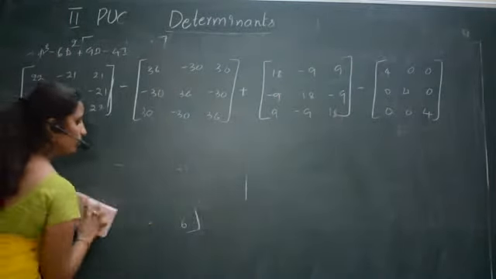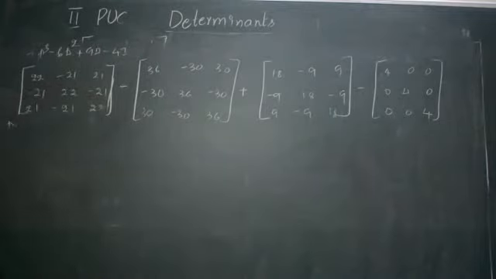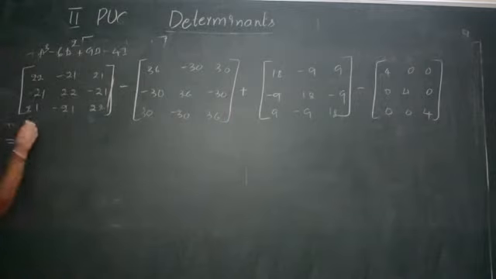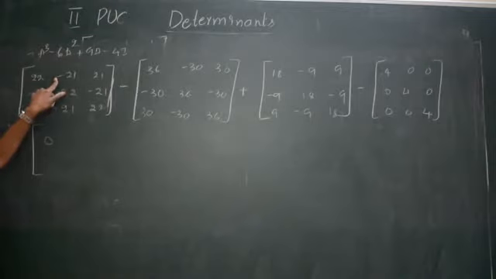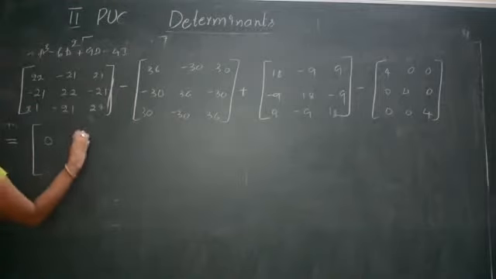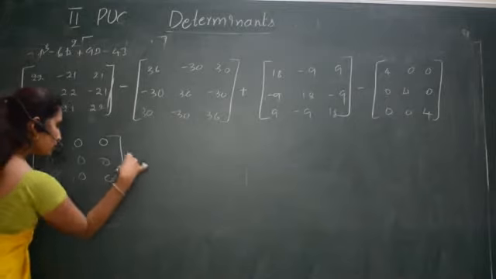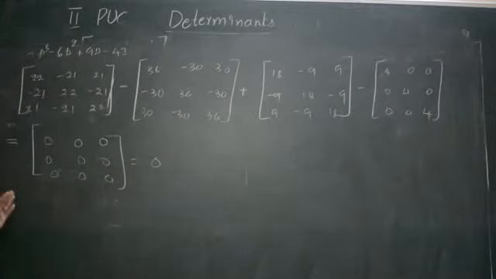So this is equal to, whether we get it is 0: 22 plus 18 is 40, then minus 36 minus 4 is 0. Similarly, minus 21 plus 30 minus 9, 0. So we get everything will be 0, 0, 0. You can calculate yourself. So this will be equal to 0. Anyhow we have calculated this.